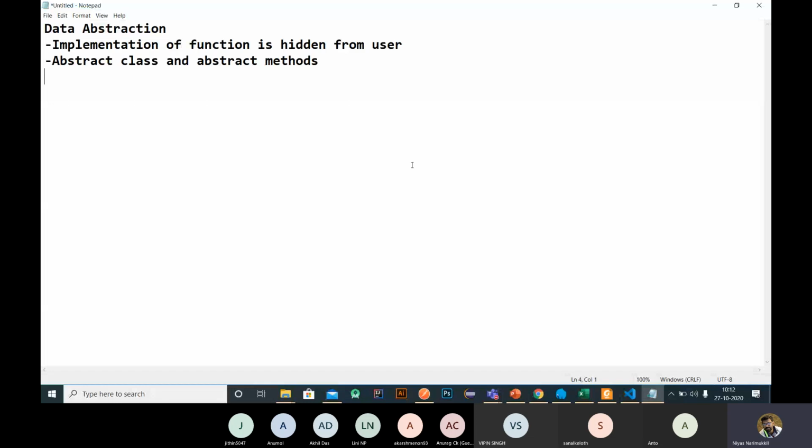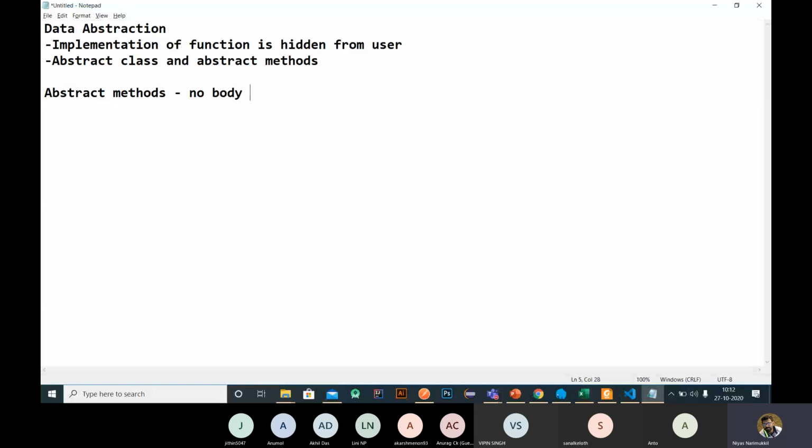In order to use abstract methods, we need to declare the class as an abstract class. So what are abstract methods? Abstract methods are methods having no body. Only the definition will be there. In our textbook, you can see a picture like this. This is called an abstract method. In this picture, only the head is there, and head means the definition. There is no body for this method.